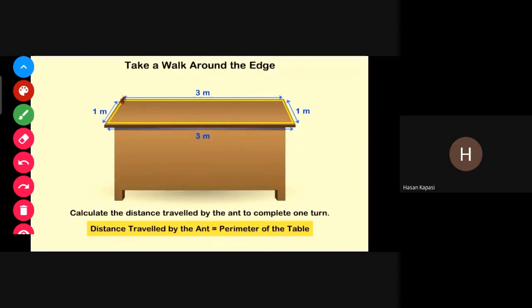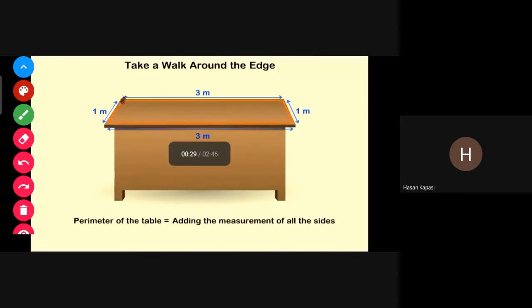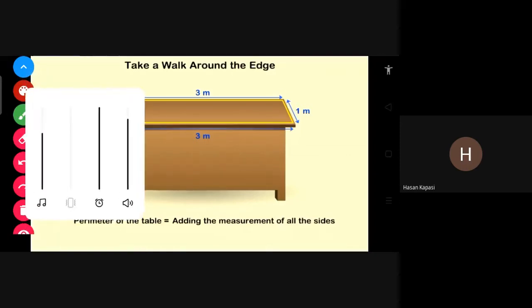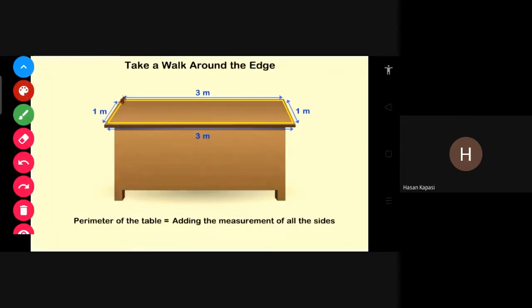And anyone can ask a doubt if they have. Still I'm revising. Yes, ma'am. I'm Hassan. You were absent on that day when I explained this, that we got this 1 meter, 1 meter, 3 meter, 3 meter. Is that only the perimeter, or do we add all? Perimeter means we have to add. See, I'm showing. Add, that 3 plus 3, 6, 6 plus 1, 7, 7 plus 1, 8. This one you have to remember.